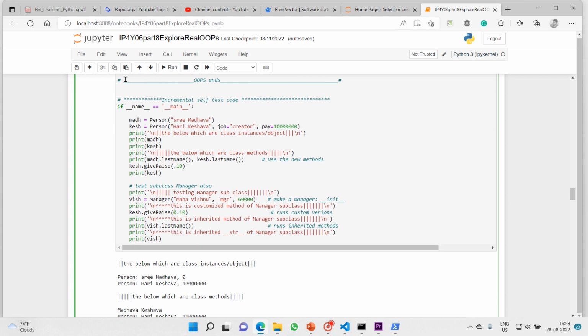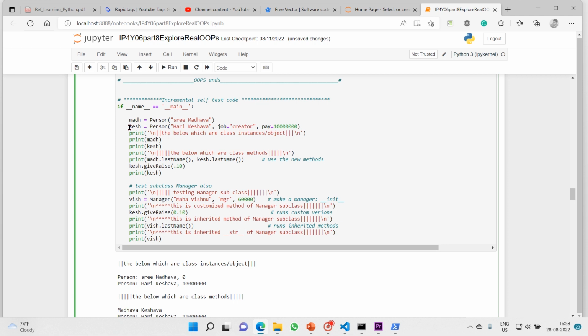Now with that our code ends. Whatever we do below, this is all testing. I just want to test my code whether it is working properly or not. So for that, I have created my first object, that is Madh, and then the second object is Kesh.